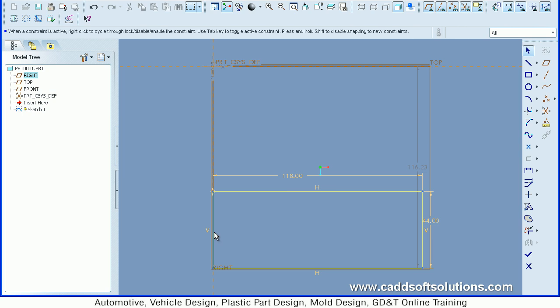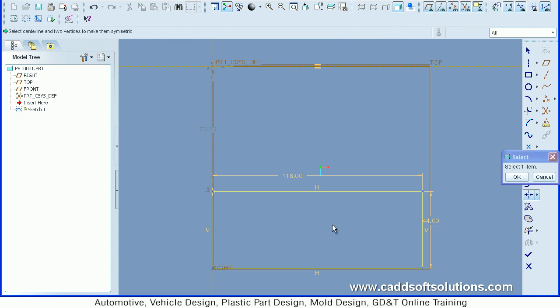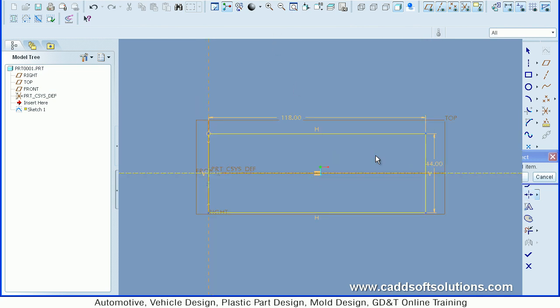Now I want this to be symmetric around this axis, so I will just create one axis, first point, second point, roller to come out. Then I will apply symmetric constraint. From here I will apply the symmetric constraint. So for symmetric constraint you have to select the 2 points, end points, and the axis around which you want to make it symmetrical. Then just zoom fit and press roller to come out. So in this way this has been created.